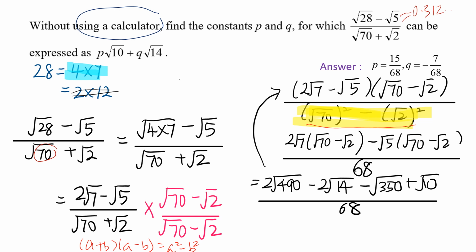And the square root 490, okay, this one here, again, we need to simplify it. Simplify it into, I think it's 49 times 10. Okay, because 49 is a